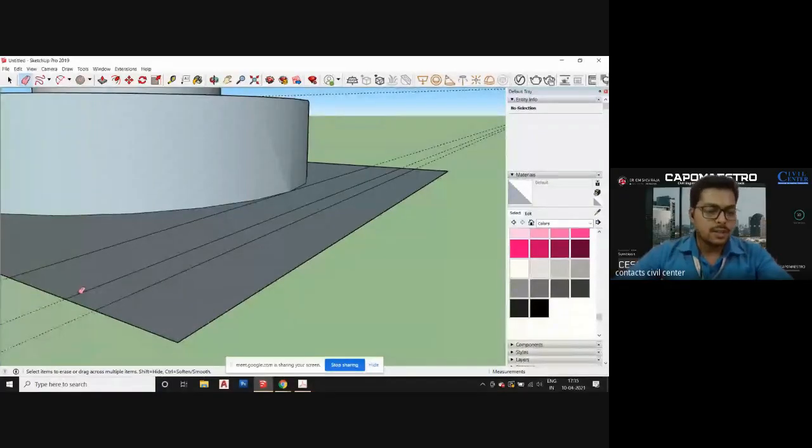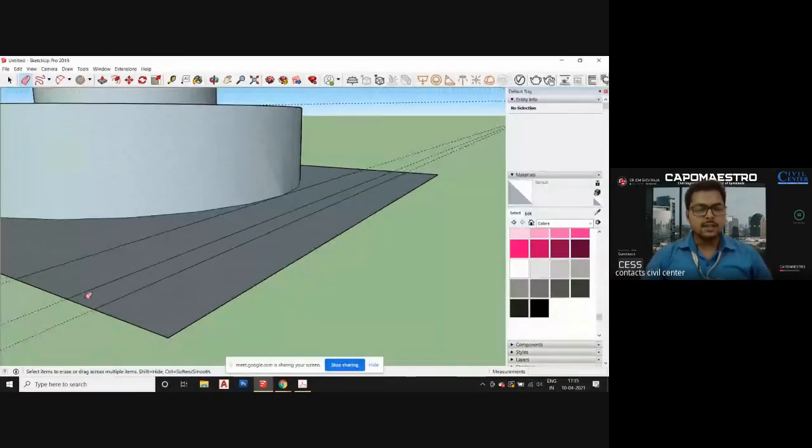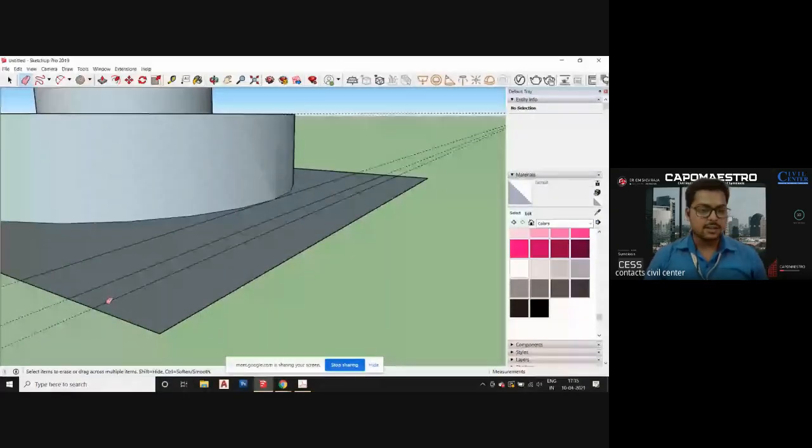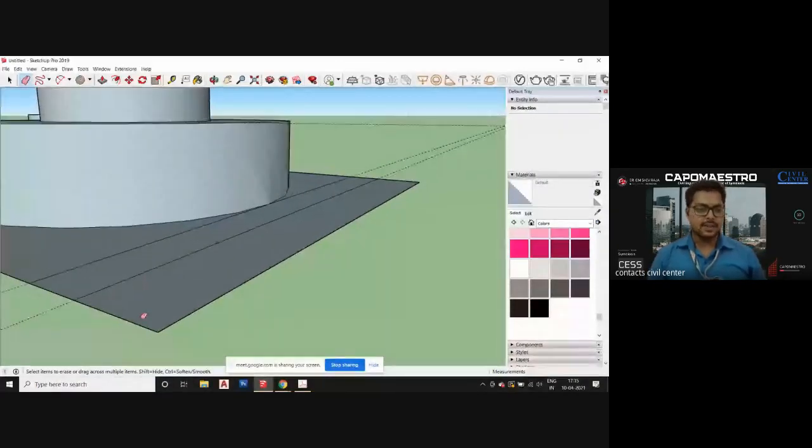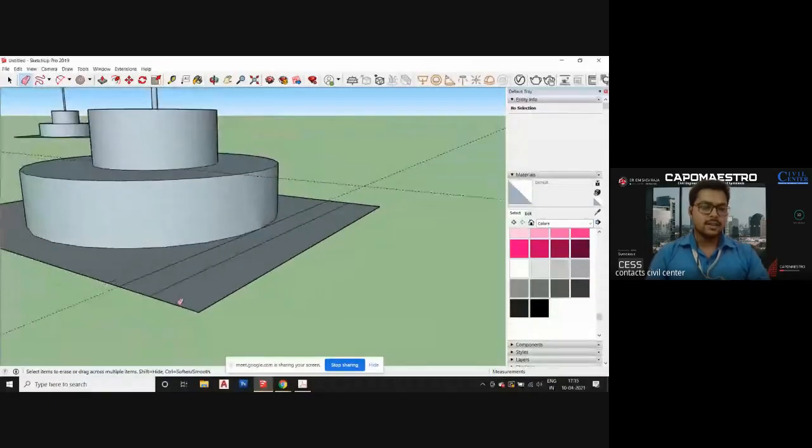Okay. So you can just use the eraser tool to fix all your mistakes. And you can also use the eraser tool to erase everything that is drawn in SketchUp, be it the lines or the guidelines. You can also call the guidelines the reference lines. I will demonstrate the uses of these guidelines in the next class. So now we have discussed the select tool and eraser tool.